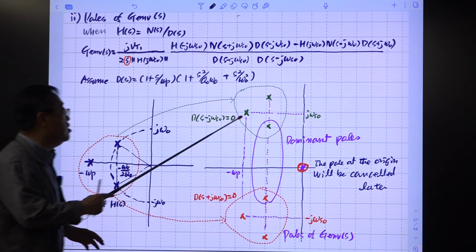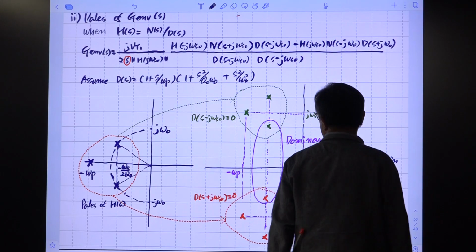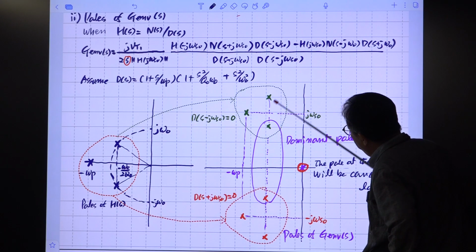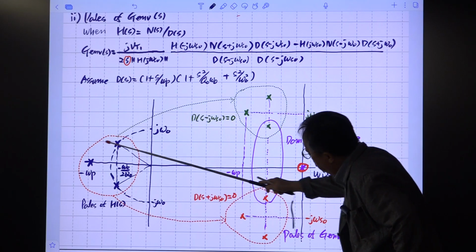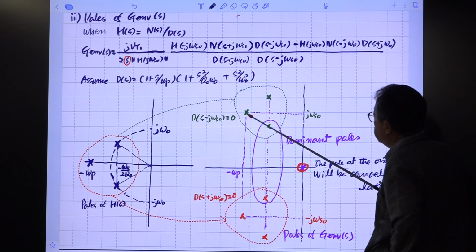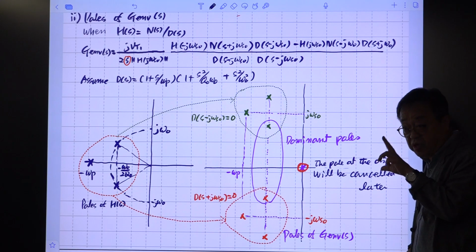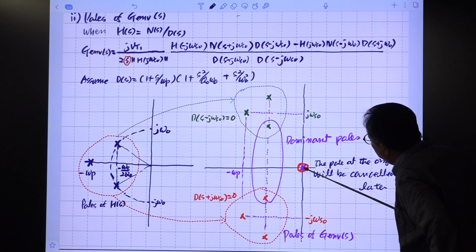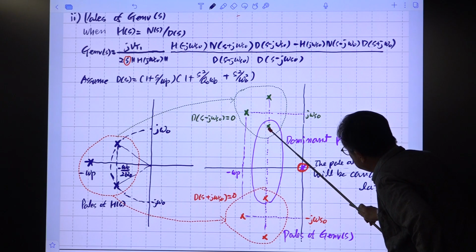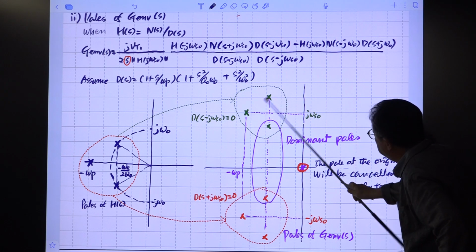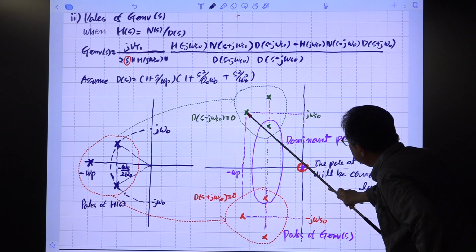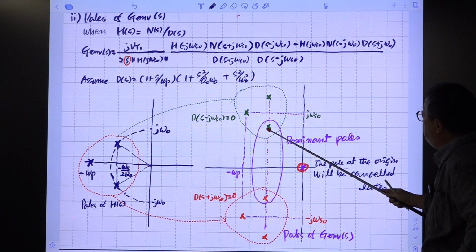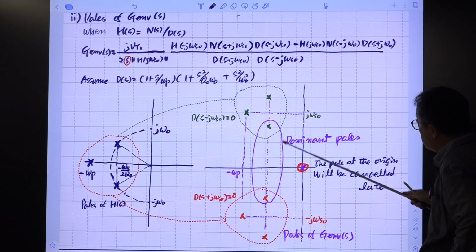So just consider these 3 poles and 3 poles. Okay? So you have 6 poles. Originally we have 2 poles, right? Here we had 3 poles. We have 6 poles, but only 2 poles are dominant. Okay? Dominant pole means this distance from here to there is the smallest. We have this one, but the length is larger. So dominant pole means the distance between the pole and the origin is the shortest among the 3.